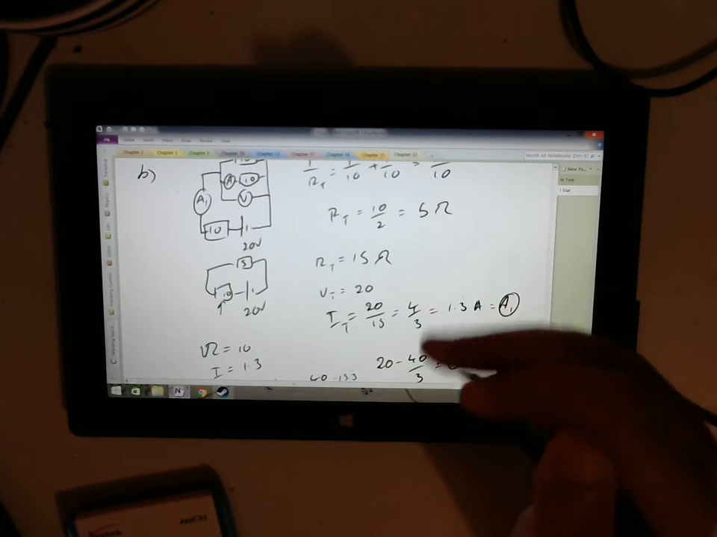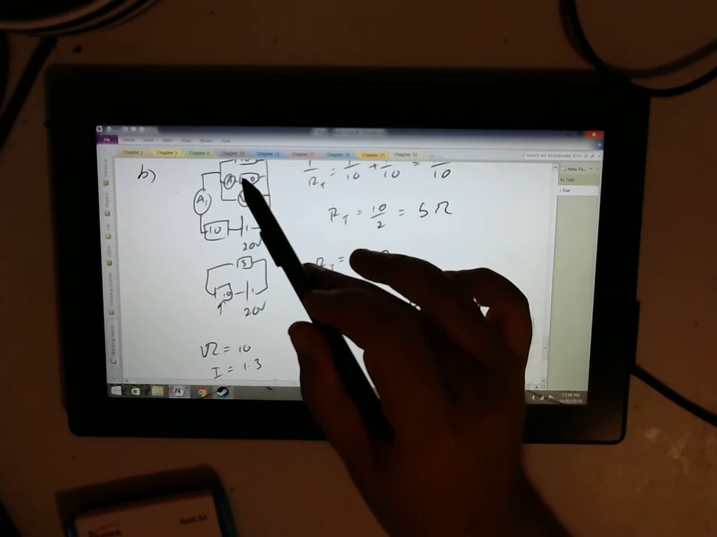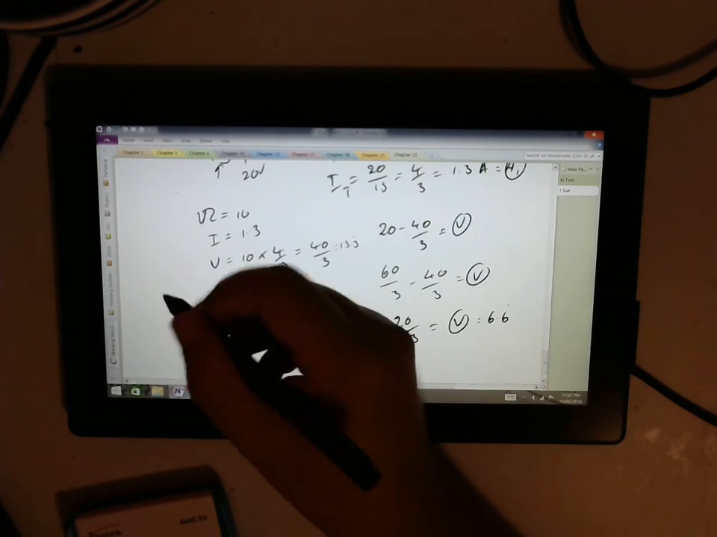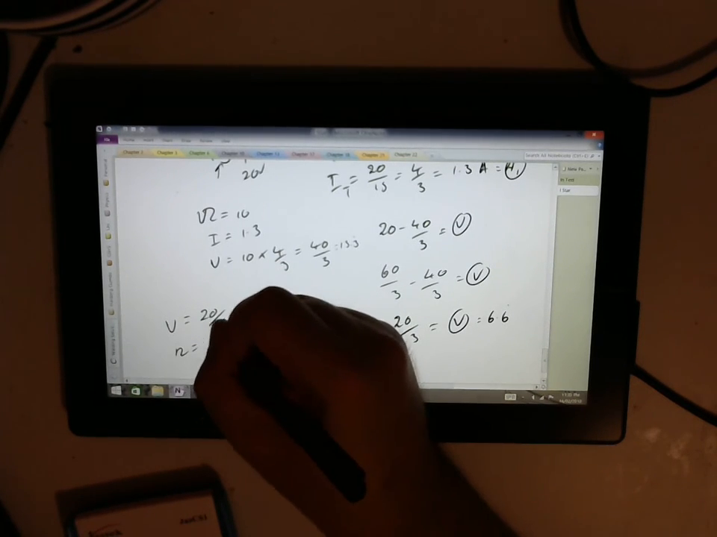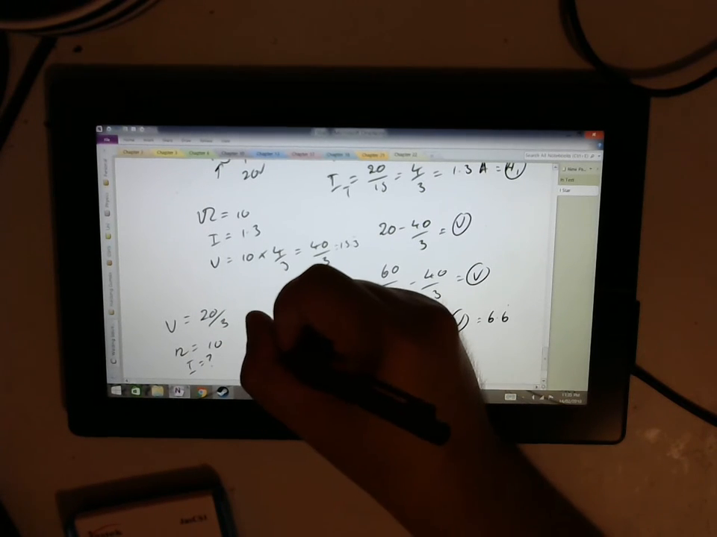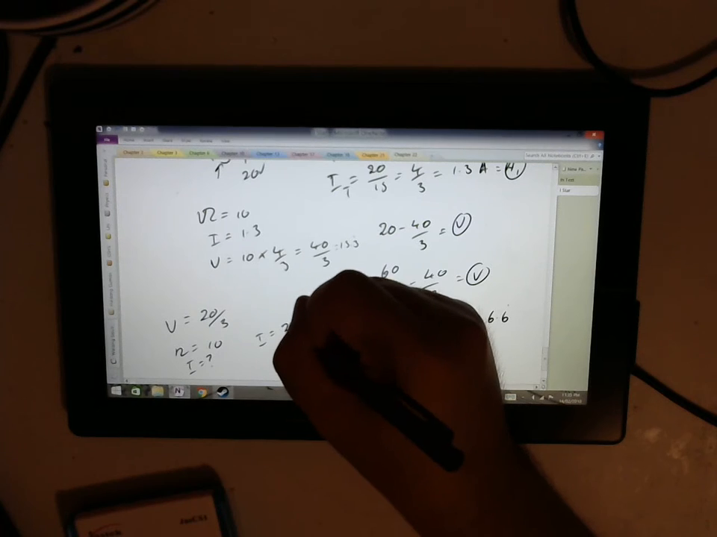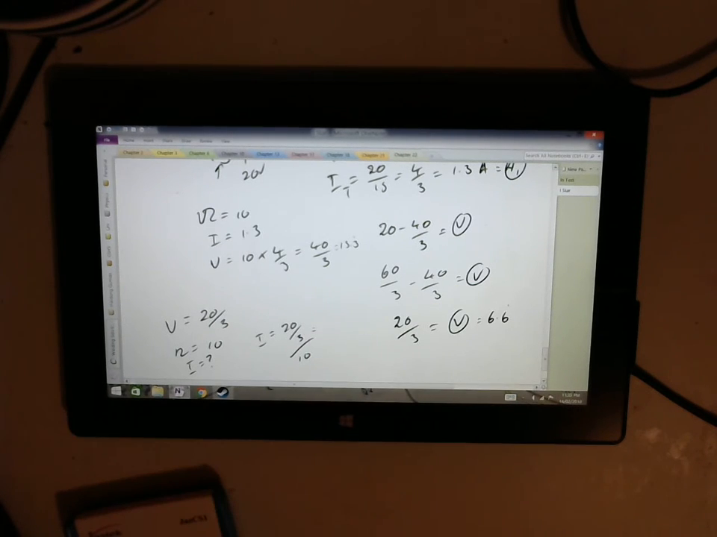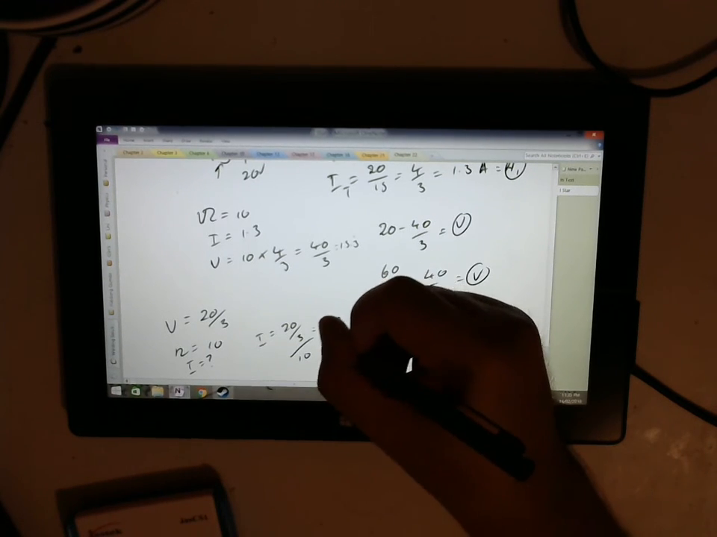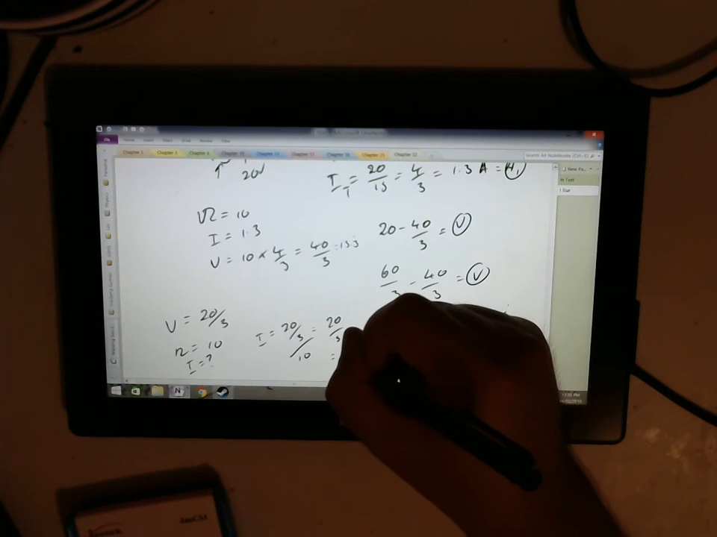Let's go back up. We've only worked out one ammeter, and we've worked out the voltmeter, but since we know the voltage across this resistance, we can now work out the current again. So we have V equals 20 over 3, resistance equals 10, and we want to know what I equals. So I would equal 20 over 3 divided by 10. Sorry, that would equal 20 over 30, which equals 2/3,